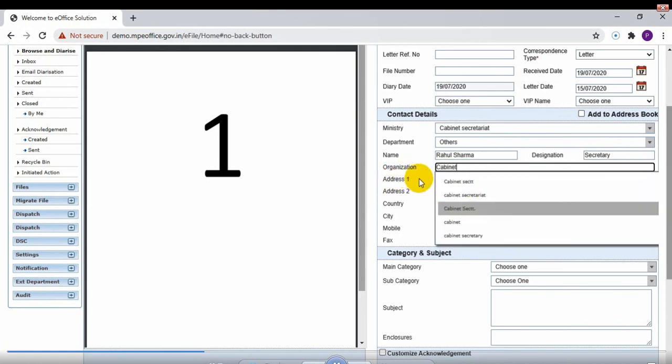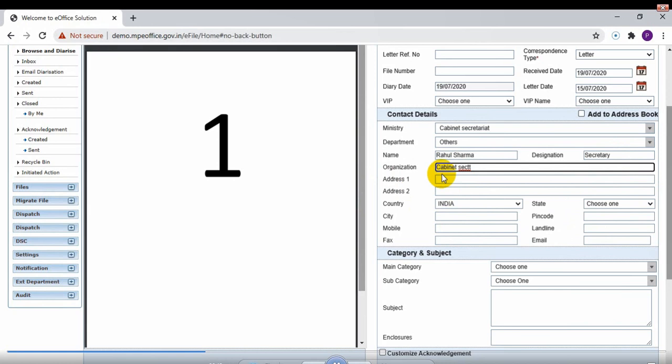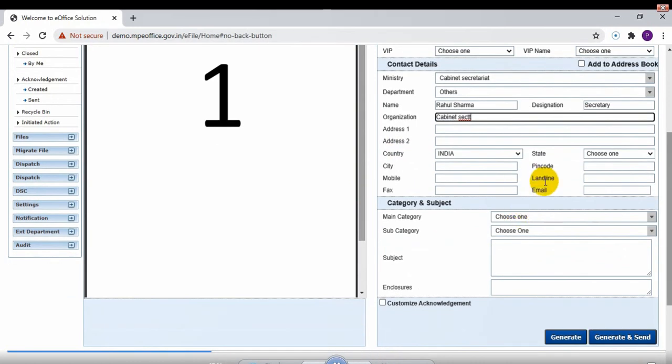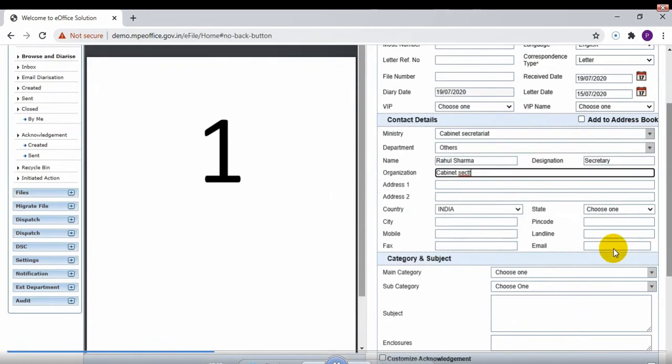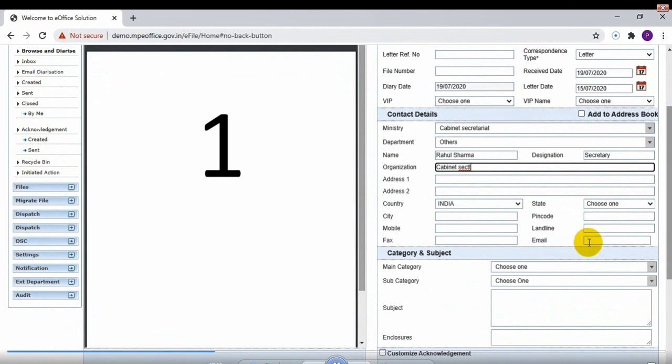See, suggestions will also come as you type that we have used earlier in the database, so that we need to type less and we have options to select. All other fields are important, you may write them later. I'm not writing all, but keeping more and more information is a good practice, as I told earlier that these are called metadata fields, and keeping as much information will be helpful in searching the files in future at any point of time.